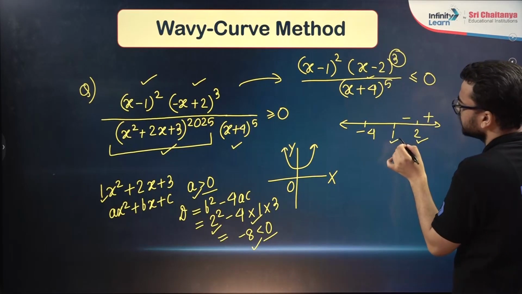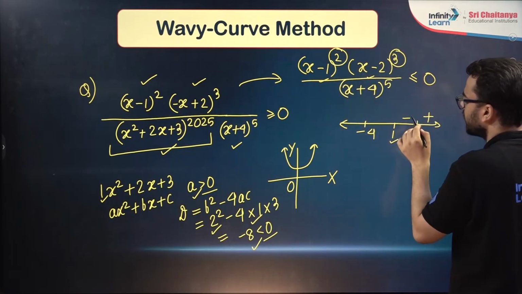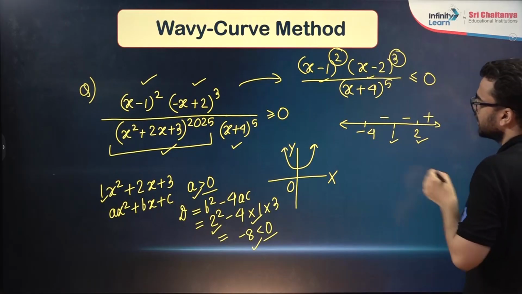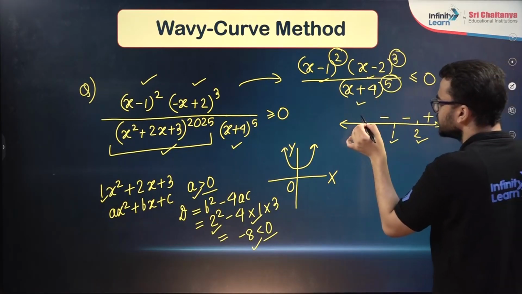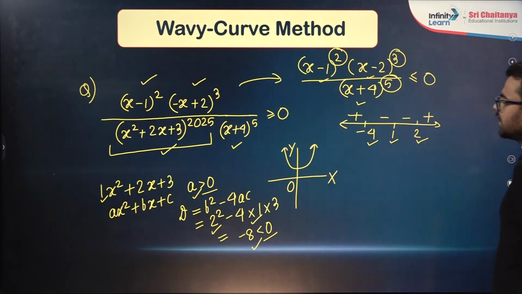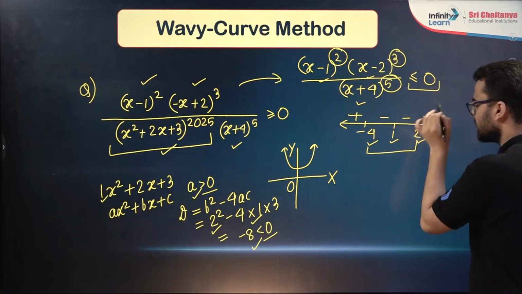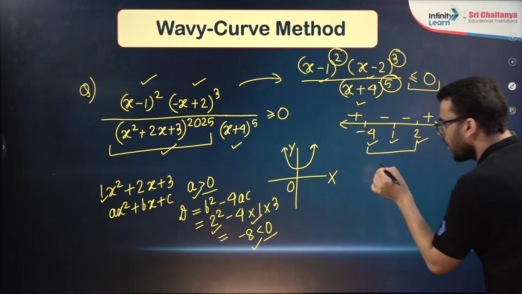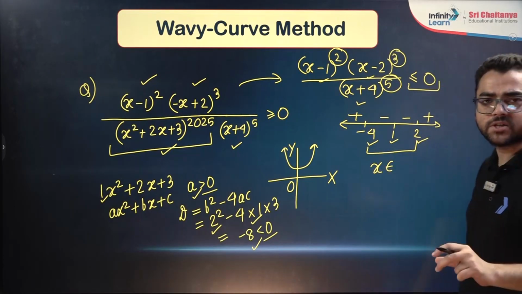Then this is the 0 of this polynomial having even exponent, sign will not change, from minus to minus only. Then this is the 0 of this polynomial having odd exponent, sign will change from minus to plus. So we want less than 0, so this region is the answer. Now you have to be very careful about which value is to be included and which is not to be